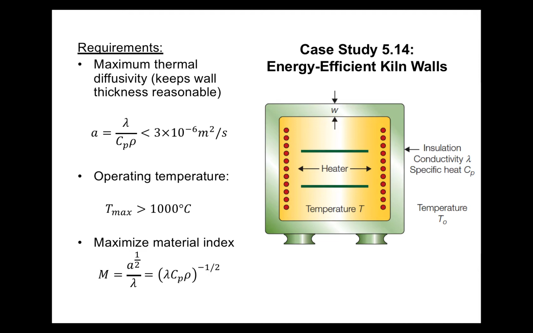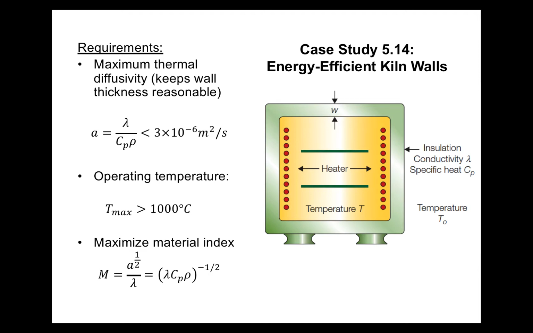And what we learn, what we can derive from those, is that there's going to be a maximum thermal diffusivity. This is going to make sure we don't have too thick of a wall thickness. And so this thermal diffusivity is A. Thermal diffusivity is based on other material parameters. So thermal diffusivity is defined as lambda, the thermal conductivity, divided by the specific heat capacity, Cp, and density, rho. And so this value of diffusivity needs to be less than 3 times 10 to the minus 6 meters squared